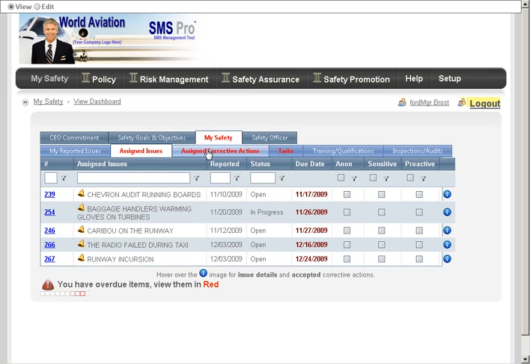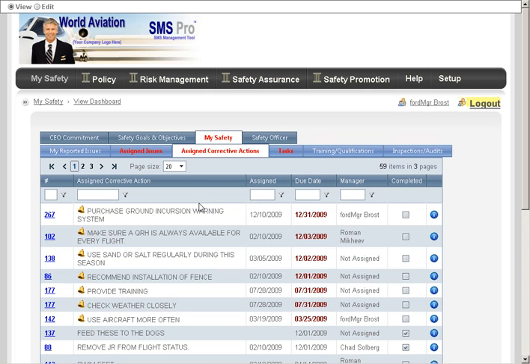Assigned corrective actions. In the issue manager, corrective actions are assigned and given due dates. So I can